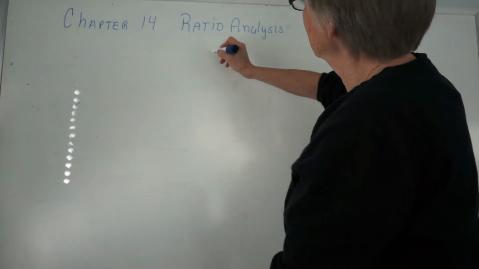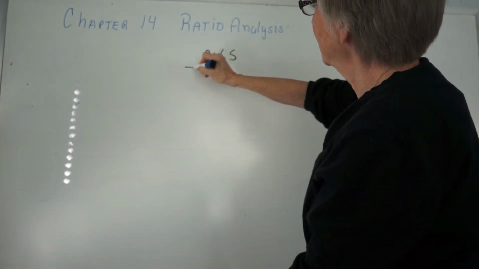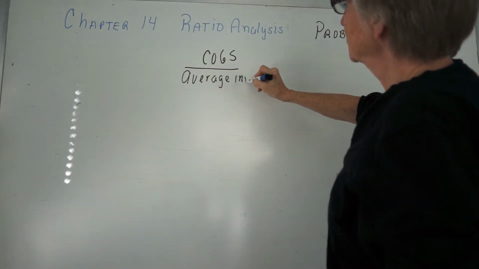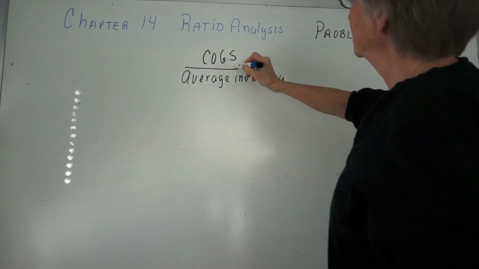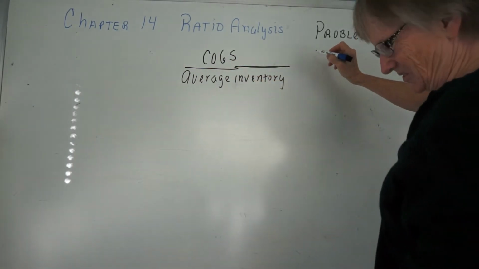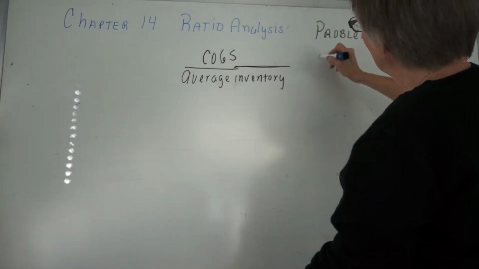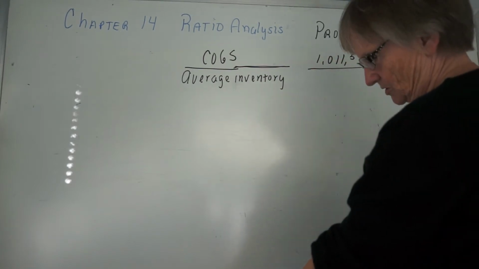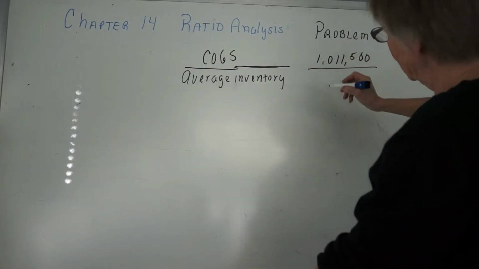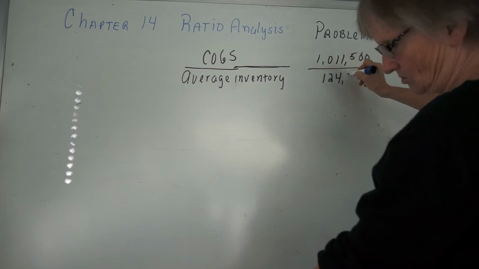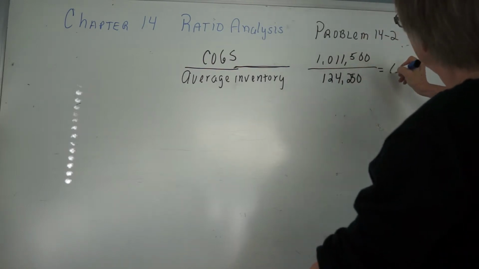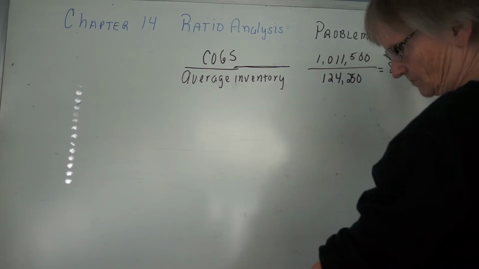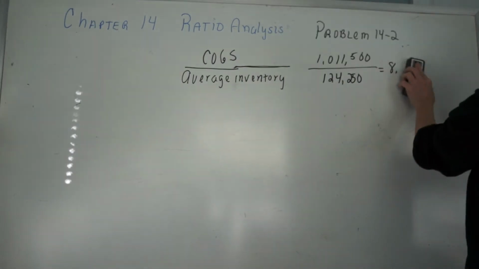And inventory turnover, you're going to do your cost of goods sold divided by your average inventory. Go to the most recent year, we get our cost of goods sold, which is 1,011,500. Average inventory, we go beginning plus ending divided by 2, 124,250. And so on average, our inventory is turning over, I'm sorry, that comes out to 8.14, I think,